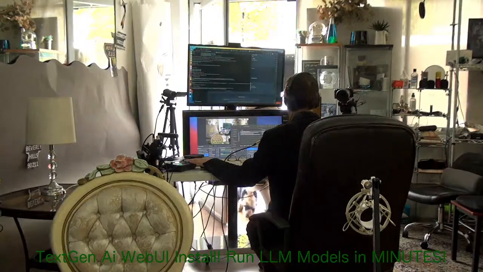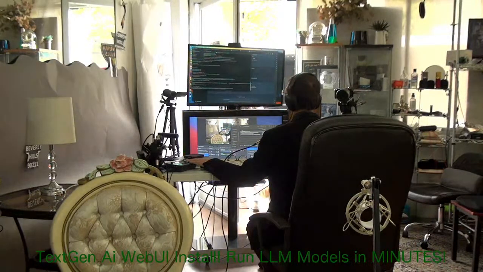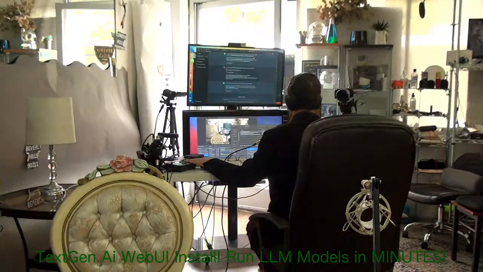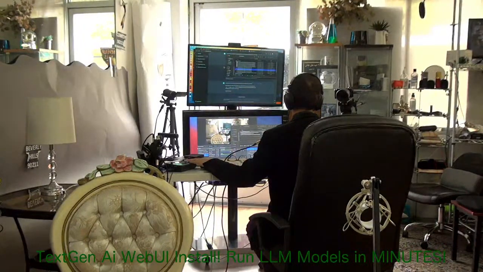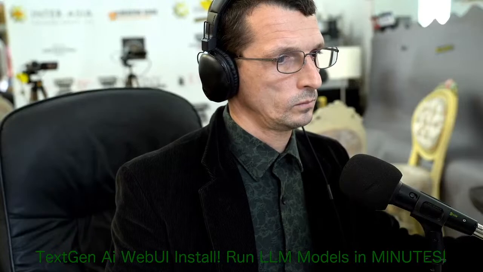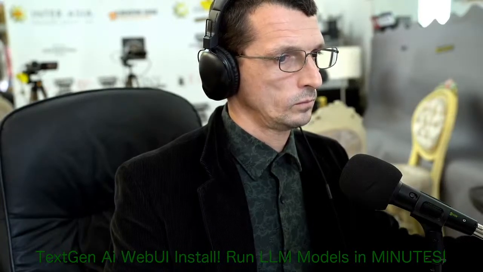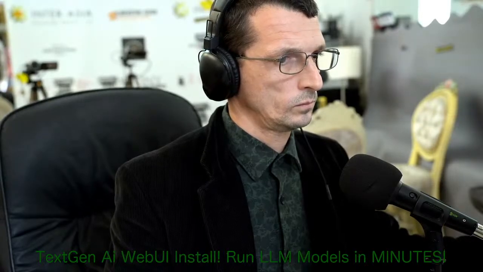So pre-layer is the number of layers that the model will load into the memory. So the more layers you have in VRAM, the faster your GPU will be able to run the model. But that also means that the more layers you have, the more VRAM it's gonna use. Now most LLM models have around 40 layers in total, with each layer requiring around 0.222 megabytes of memory, which means that if you have a 6GB VRAM GPU, you can only input 25 layers, which should work, but will